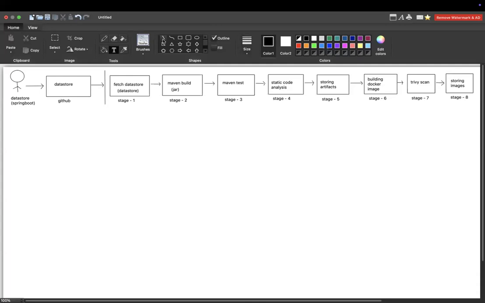So the next stage is the cleanup activities that we are going to do on our pipeline. Okay, the next stage is going to be the cleanup activities. This is going to be my cleanup actions, stage number 9. Once this cleanup stage is completed,